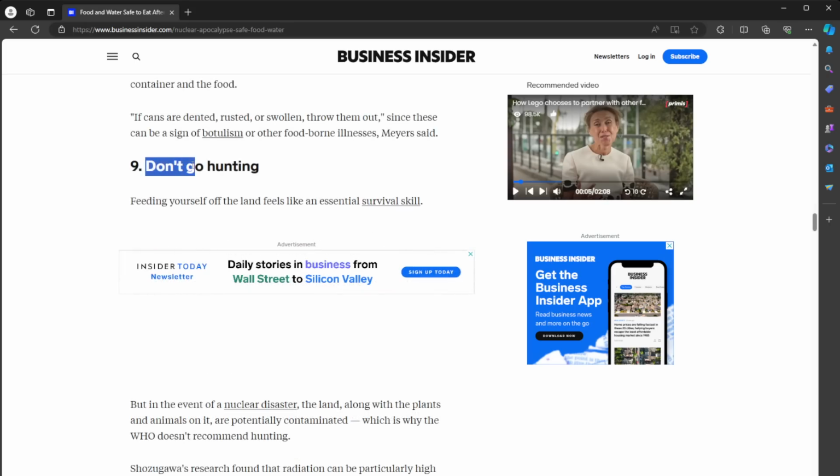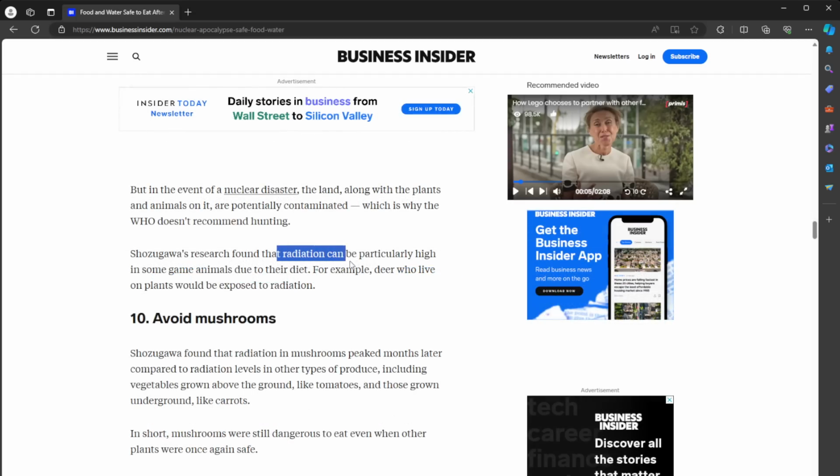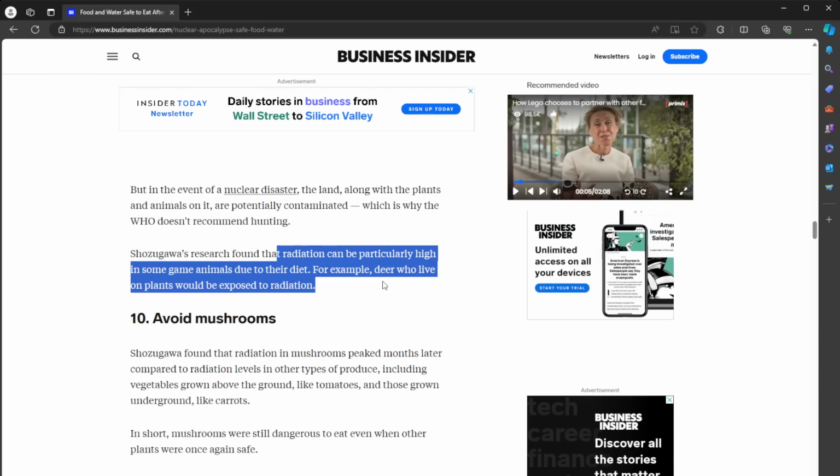So true. Do not go hunting. Radiation can be and will be particularly high in some game animals due to their diet. For example, deer who live on plants that have been exposed to radiation. And that's true, but